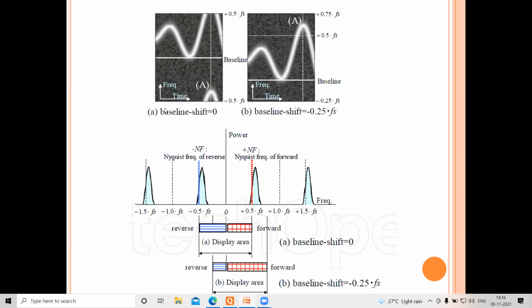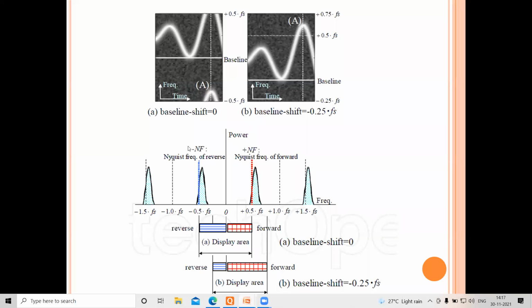Therefore, what I have done in this particular case, A is this. This is your baseline, plus 0.5, minus 0.5. If you look at this, what I do is change the baseline. By changing the baseline, I'm able to bring down the amplitude level and measure it. But this doesn't happen with your signal. This is possible with this. What has happened is, because of aliasing, the maximum of your signal was cut off at instant A, and it was displayed at the bottom.